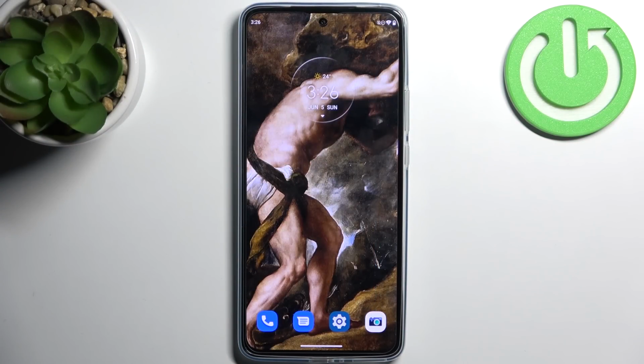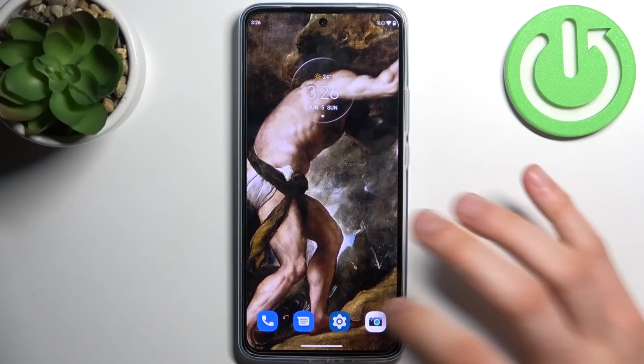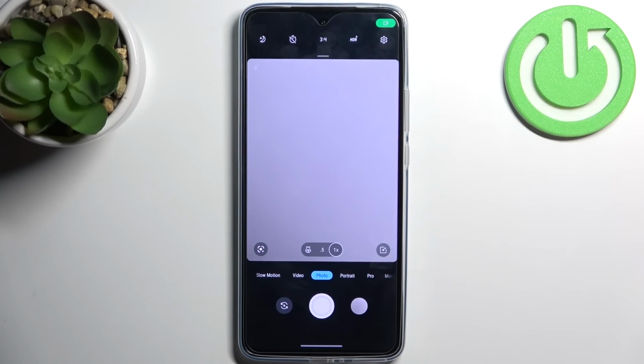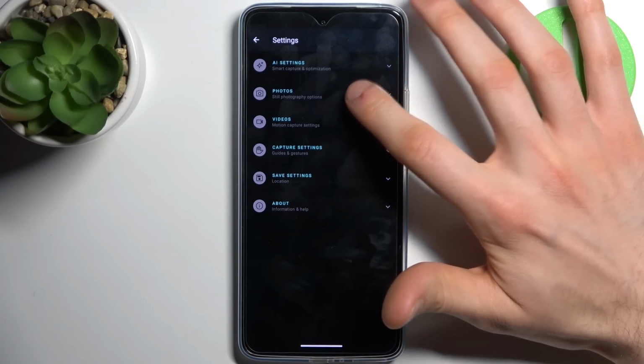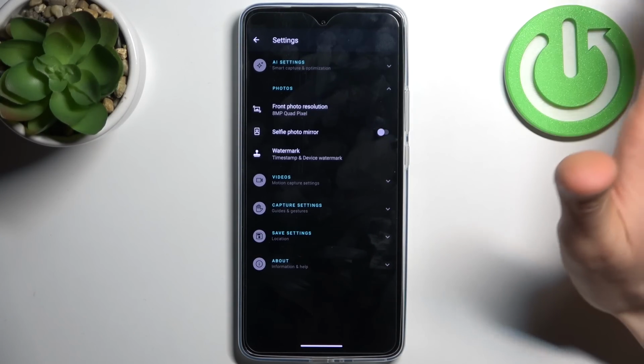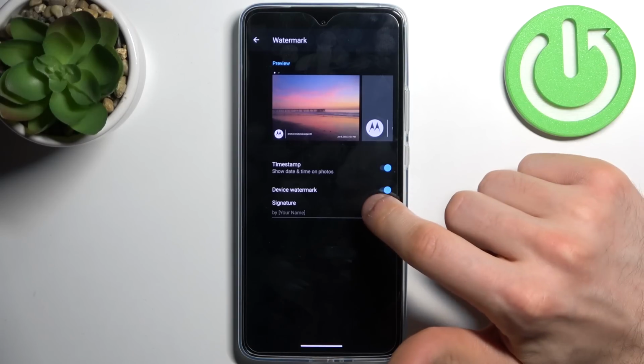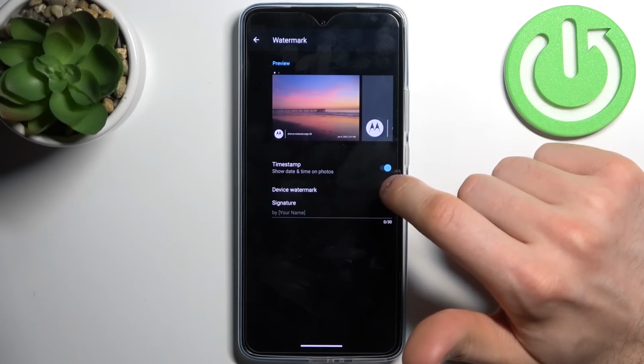Here I have Motorola Edge 30, and today I'm going to show you how to enable custom watermark in camera on this device. So firstly you have to open camera, then go to its settings, then go to the photos section, watermark, and when you have device watermark enabled,